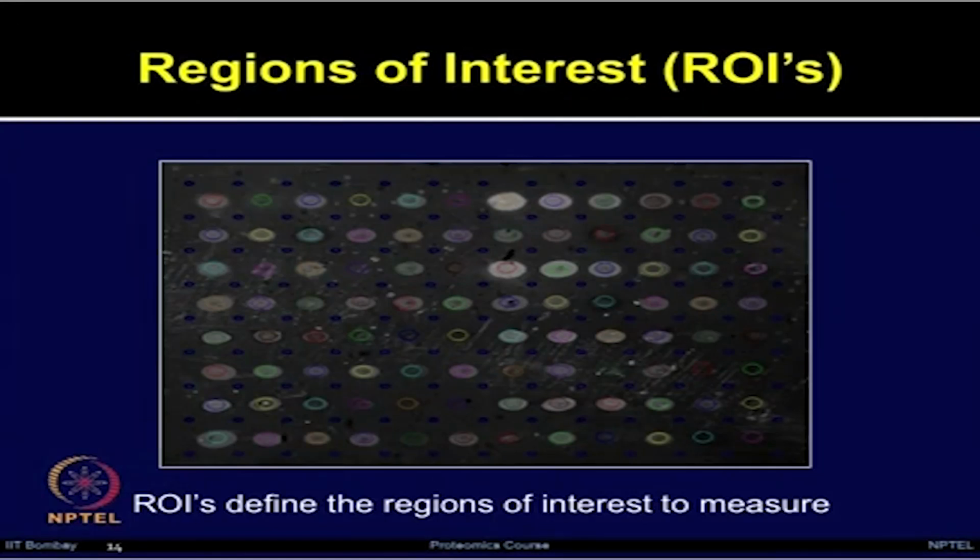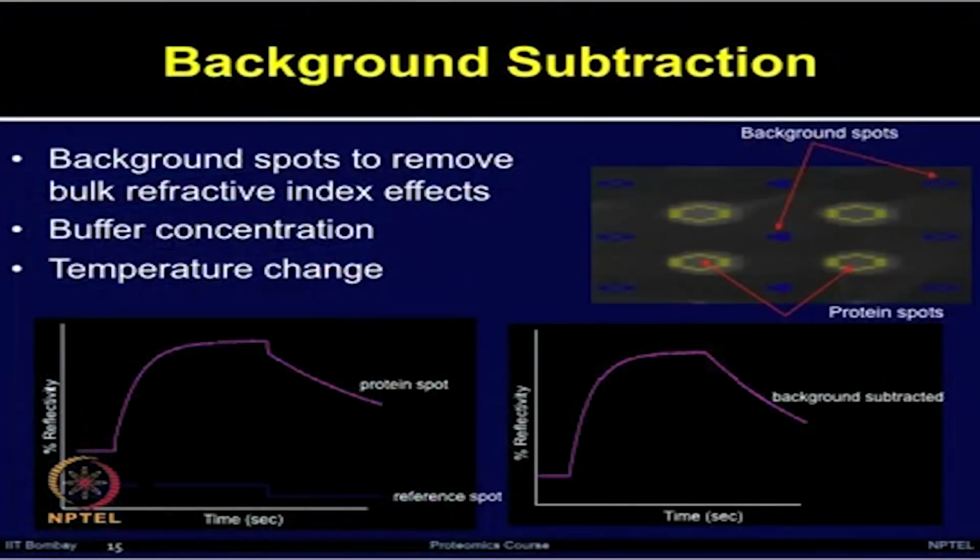Now, this image shows the SPR image generated from the CCD camera, and now the software adds some spots on the background surface. This image is taken from the proteomic processor SPR imaging instrument. Each of the ROIs, or regions of interest, can be defined for the measurement. So, you want to subtract the background, and the software generates some spots on the background which are automatically generated. Surrounding each spot, 4 background spots are generated, which can be used for background subtraction with the protein or biomolecule which is printed. So, background spots are used to remove the bulk refractive index effects, as it is more visible here in this slide. This spot is a spot of interest and there are 4 software generated spots, the reference spots,